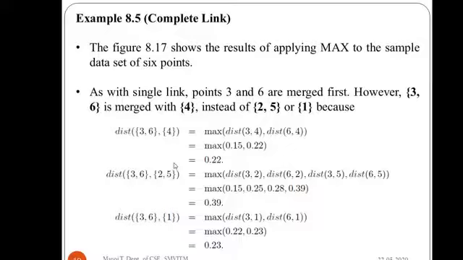Suppose we are taking the distance between 3 comma 6 and 4, then we should have the max of the distance of 3 comma 4 and 6 comma 4. So 3 comma 4 from the table is 0.15, 6 comma 4 is 0.22, so the max of that will be 0.22. Similarly, you can go through these calculations, it is very simple. Just take the values from the Euclidean distance matrix and check which one is maximum,